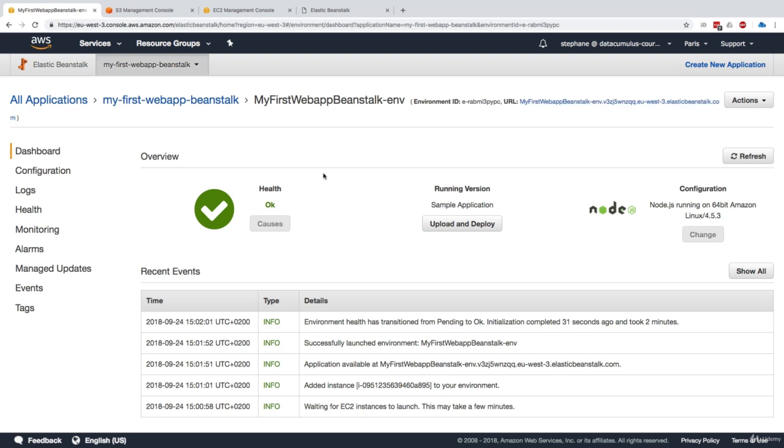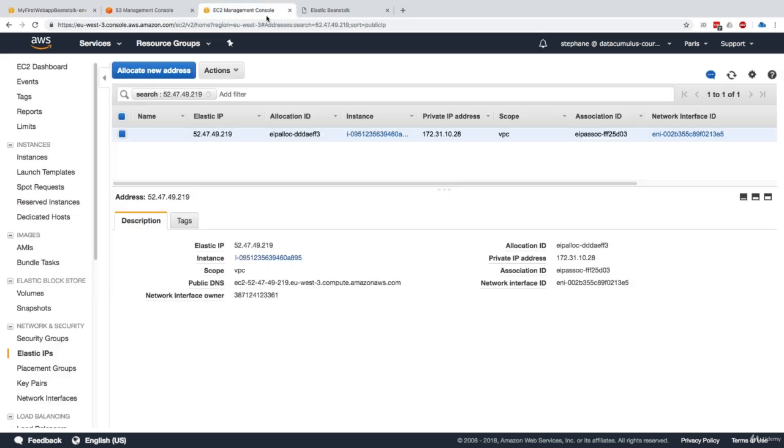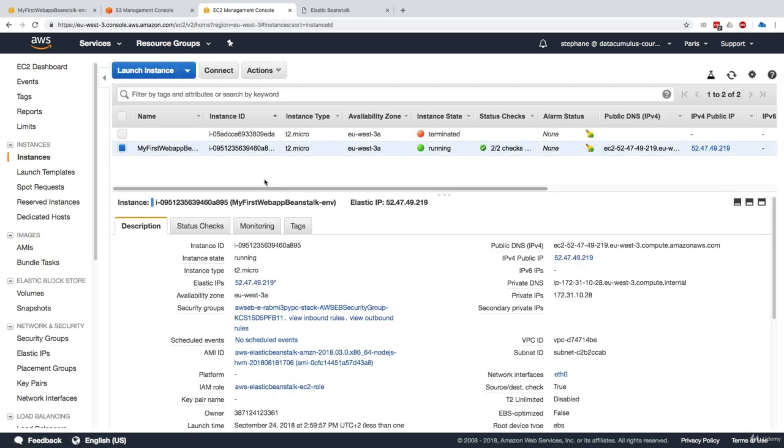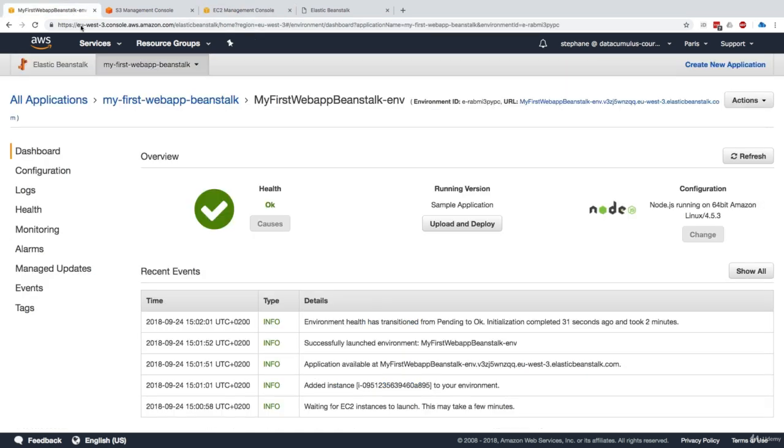But what we can see is that already by just doing all these things, it created a security group, there was an Elastic IP, an EC2 instance, and an S3 bucket. So a lot of stuff was already automated for us, okay? The reason we have one EC2 instance with an Elastic IP is that we're running in the simplest possible mode, in development mode. And in development mode, basically, you just get one instance. And if we update our application, the Elastic IP will just move across instances, okay?